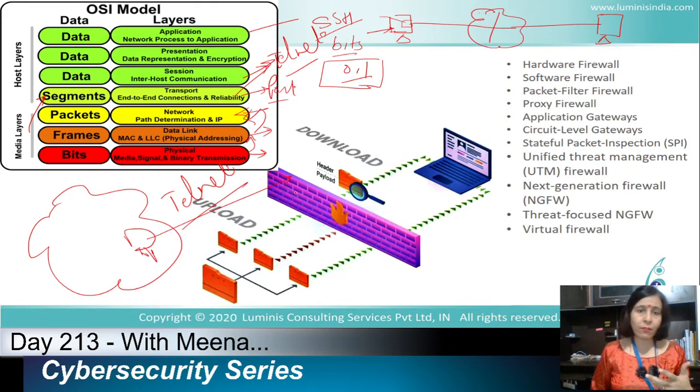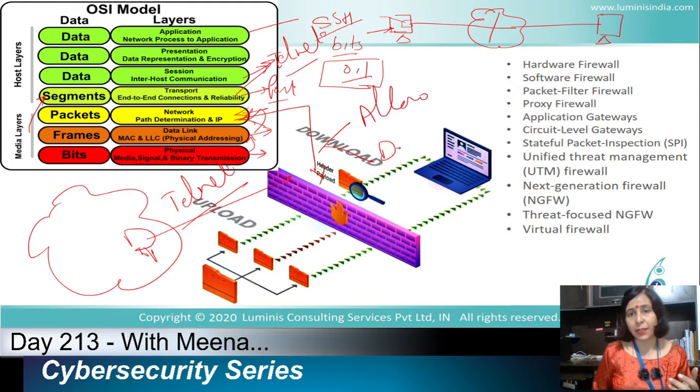And when we are blocking certain IP addresses, or a complete network of IP addresses, then our firewall is working at that layer. It is just observing what the IP addresses are, whether they are in my list, allow or deny, clear. And when we are saying session layer or application layer filtering is happening,